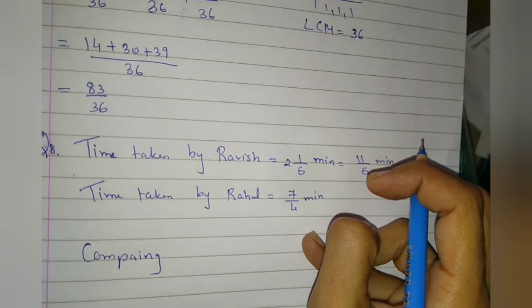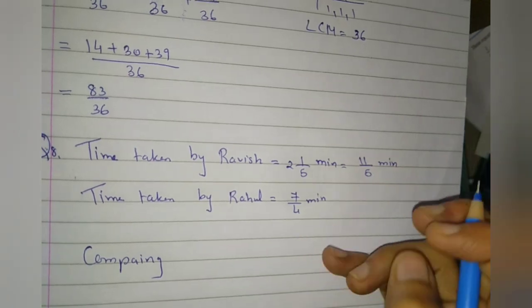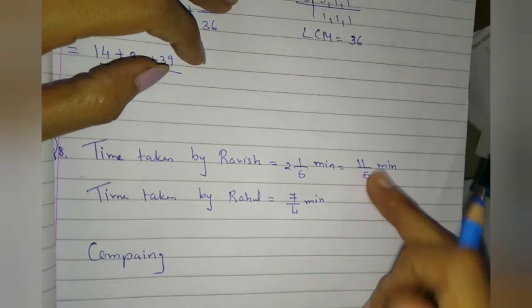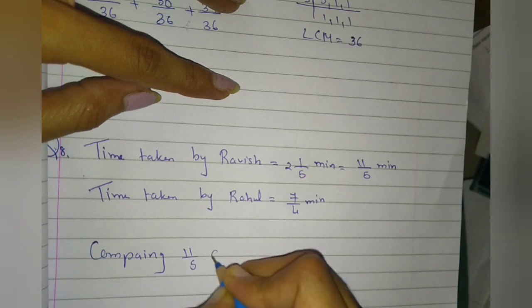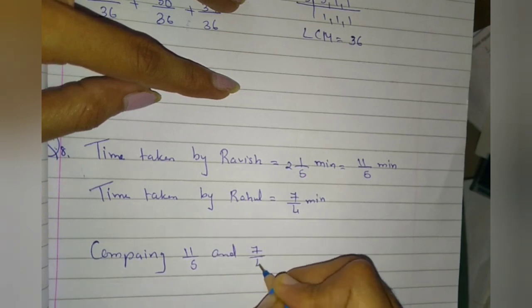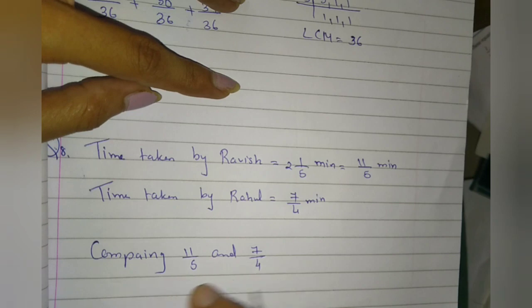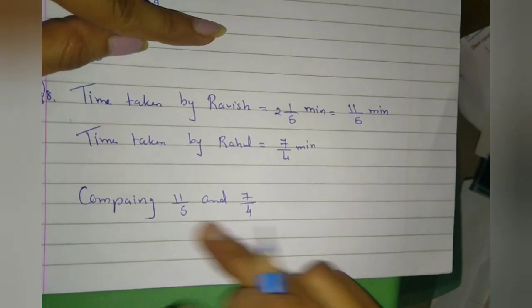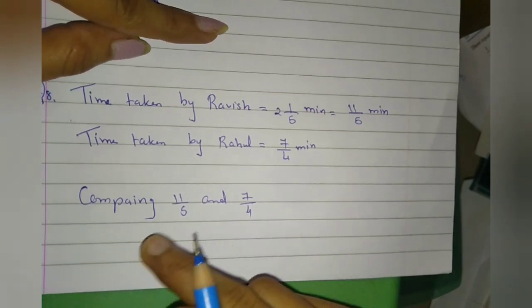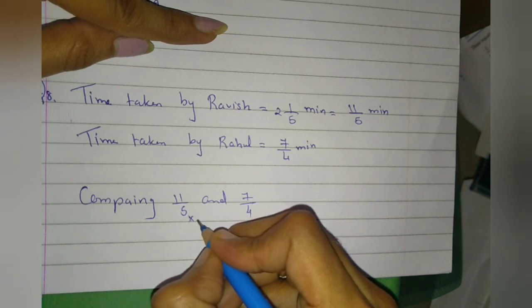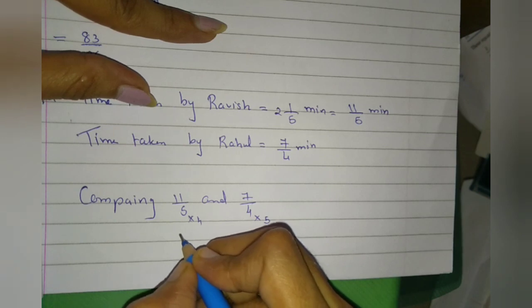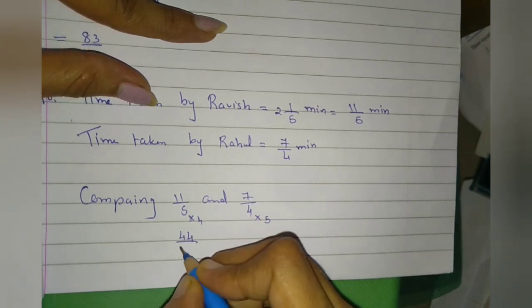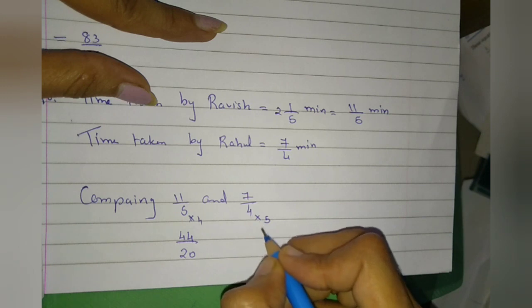Now what we have to find is who takes less time. For that we have to compare this 11/5 and 7/4. So comparing 11/5 and 7/4. Okay, so first of all for comparing we have to make the denominator same. So let us do it with an LCM. LCM is 20. So 4 5s are 20, 5 into 4 and 4 into 5. So 11 4s are 44 upon 20 and 7 5s are